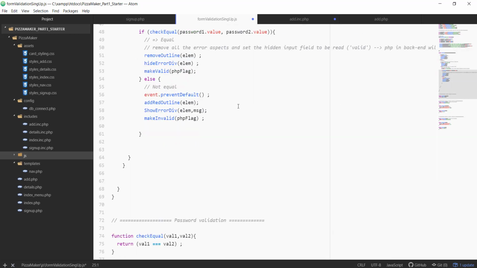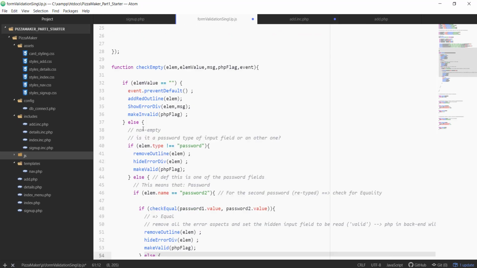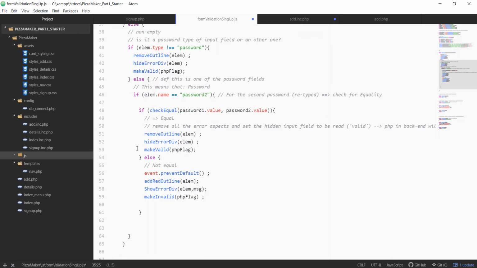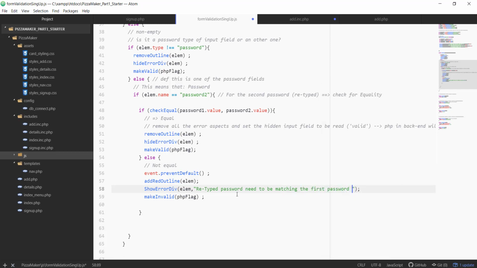So this message is going to be appearing inside this else. I'm okay with this message appearing if they were empty. So if the password field was empty, just show this message. But if we reach this part, then obviously this message is not the updated message that I want to show. In this part, it means that they are not equal. So here I'm going to statically write this. I'm just going to say the retyped password needs to be matching the first password field, or just write whatever message that you want to write. Alright,